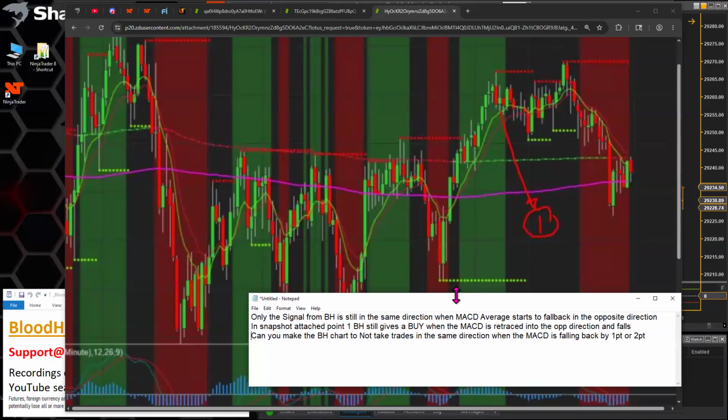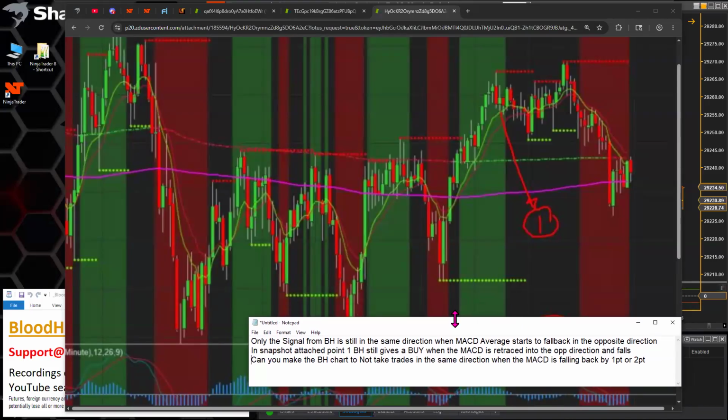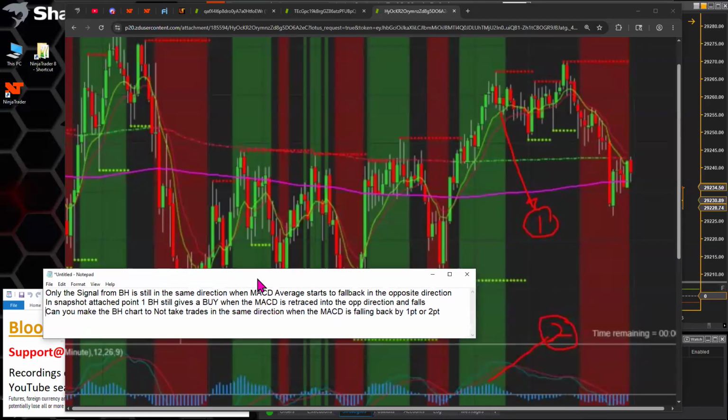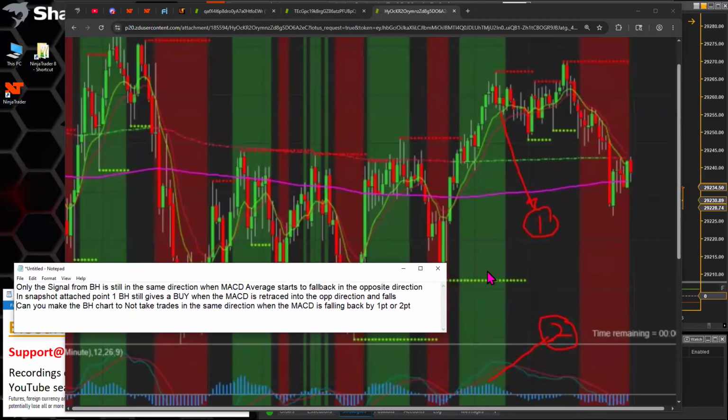All right, so the question here is, as we can see in the screenshot, we have this long output, this long signaling, and so if the MACD